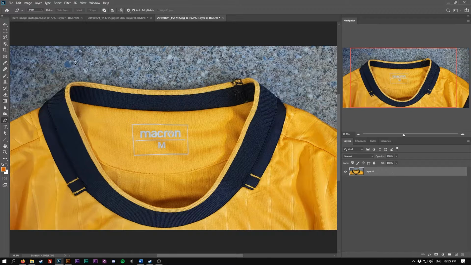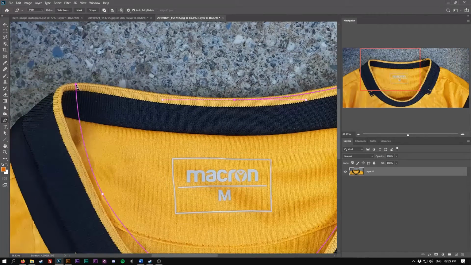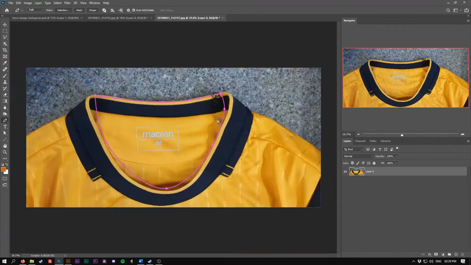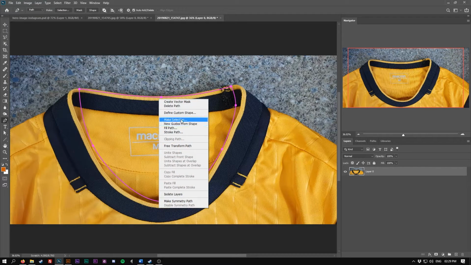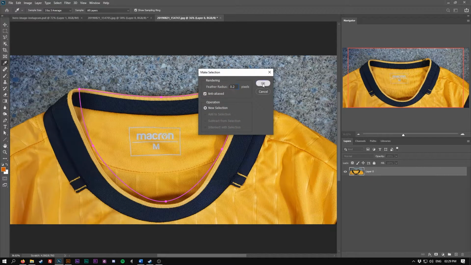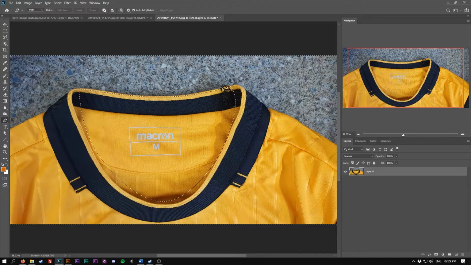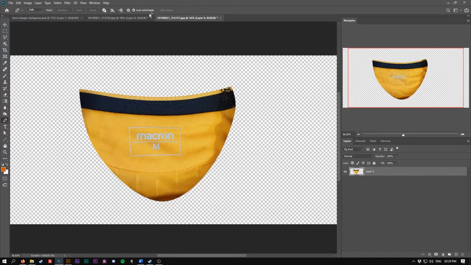We'll unlock the background layer. We'll get the pen tool out. And again, you don't have to be too accurate with this, because not much of this collar is going to be seen. Same thing, just use the left mouse button to click and drag out the anchor points, and that's pretty much it. So I'm going to right click, make selection, same settings, Control Shift I, delete,